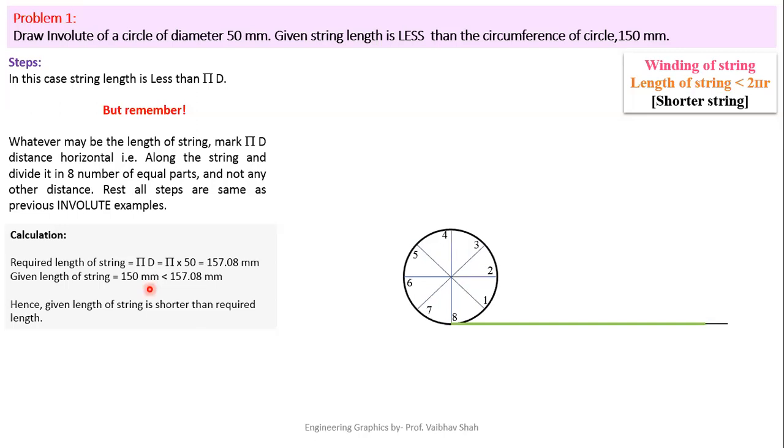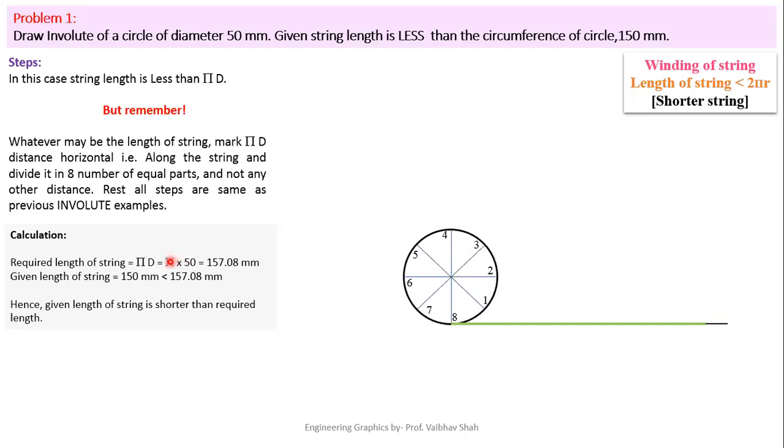So let me clear your confusion. You will have two different lengths, obviously, but always remember, when you are comparing two different lengths, always select the longer length of the string. Here the longer length is 157.08. So we'll draw the horizontal line with the longer length, 157.08 mm. Let us draw the horizontal line of 157.08 mm until my red point. You can see that the red point is indicating the end point of the longer length, 157.08 mm.